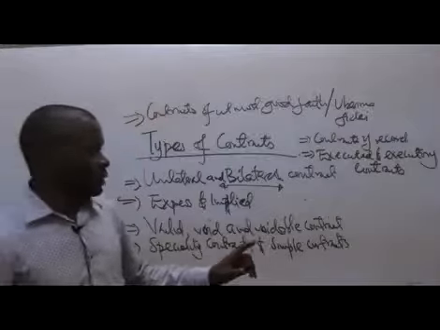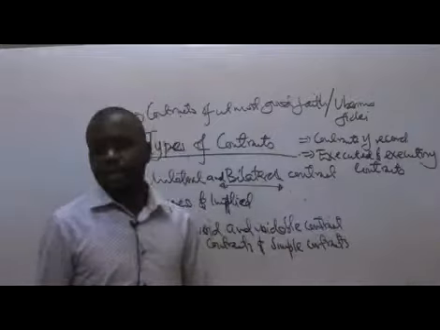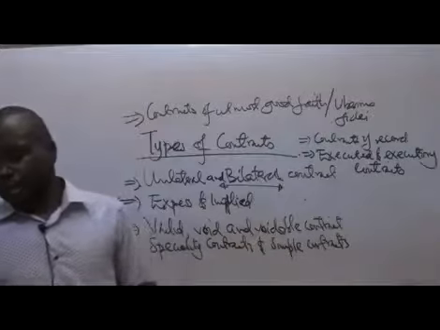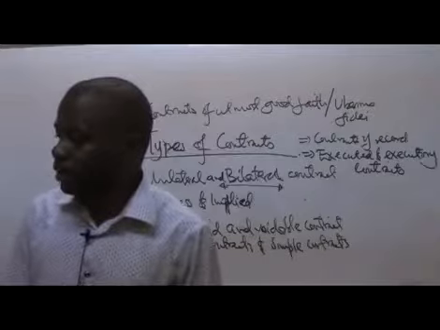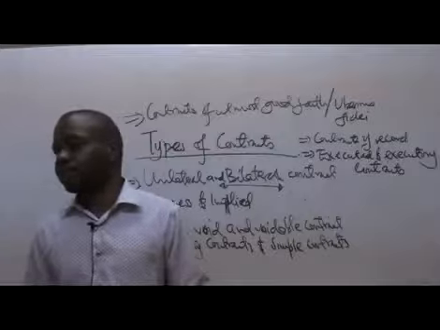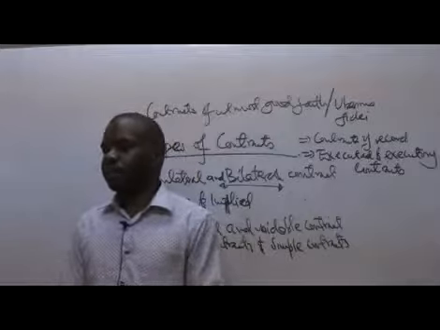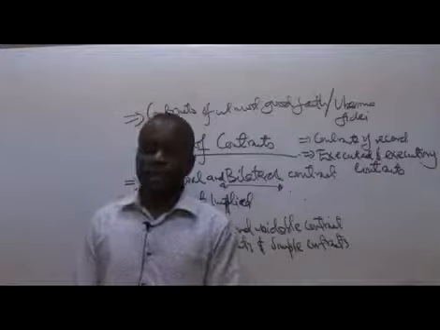Then you have executed or executory. Executed, just from the word, it has already been executed. So it is a contract where all the terms and obligations have already been fulfilled in the past, like for example, a month ago. So that contract will be termed as having been already executed.